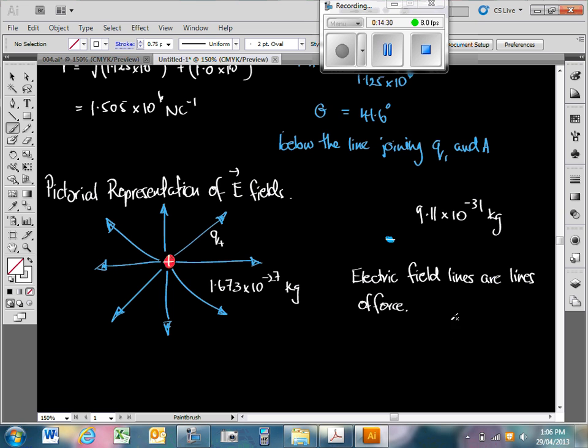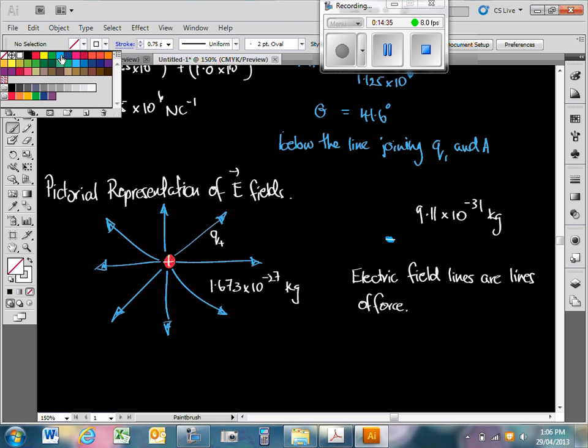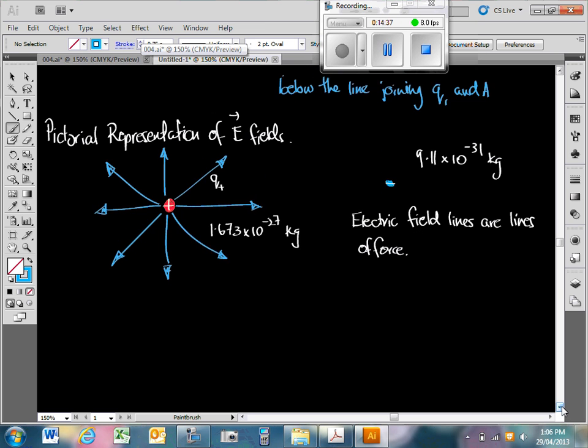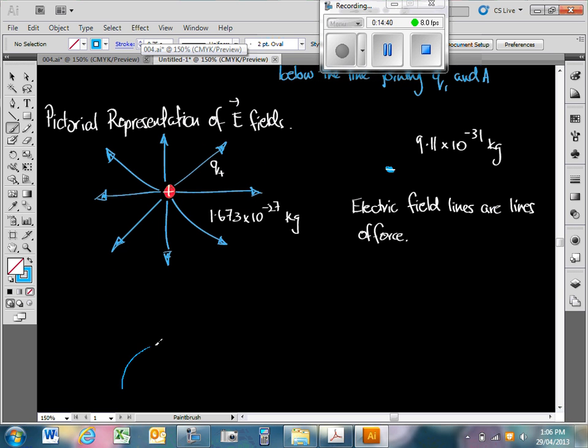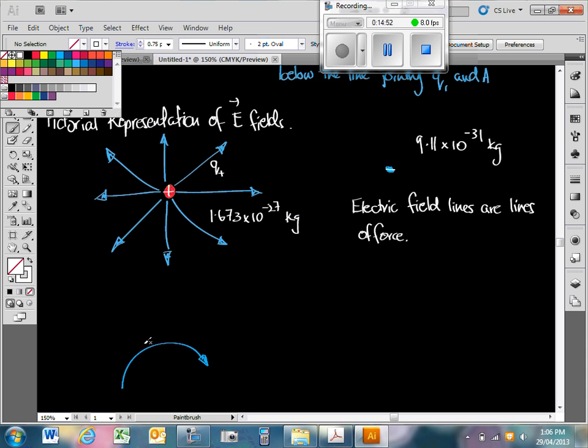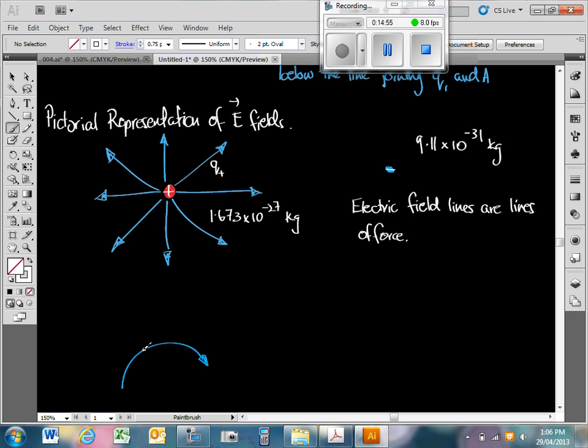If the field line is curved, so let's draw a curved field line here. Here's a field line curved. They can curve. What is the direction of the electric field at any point on that field line, do you think? Yeah, it's a tangent. The direction of the field